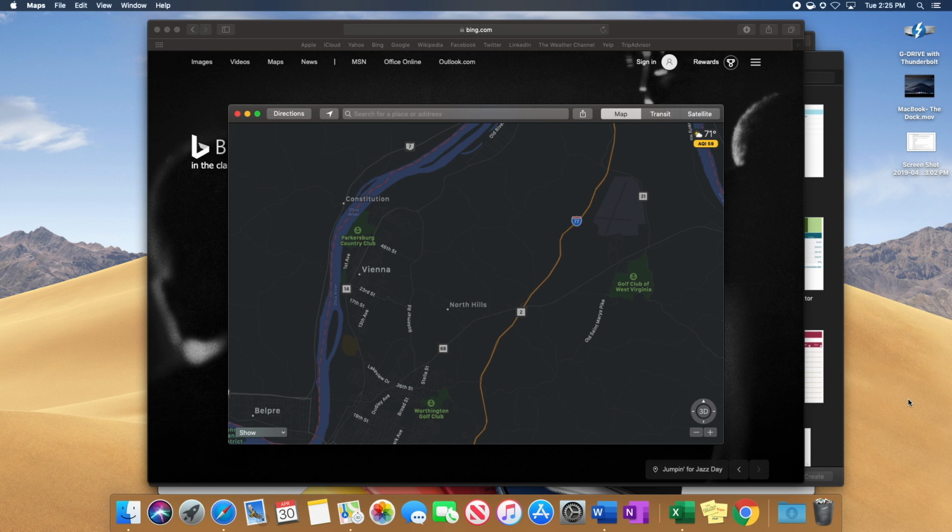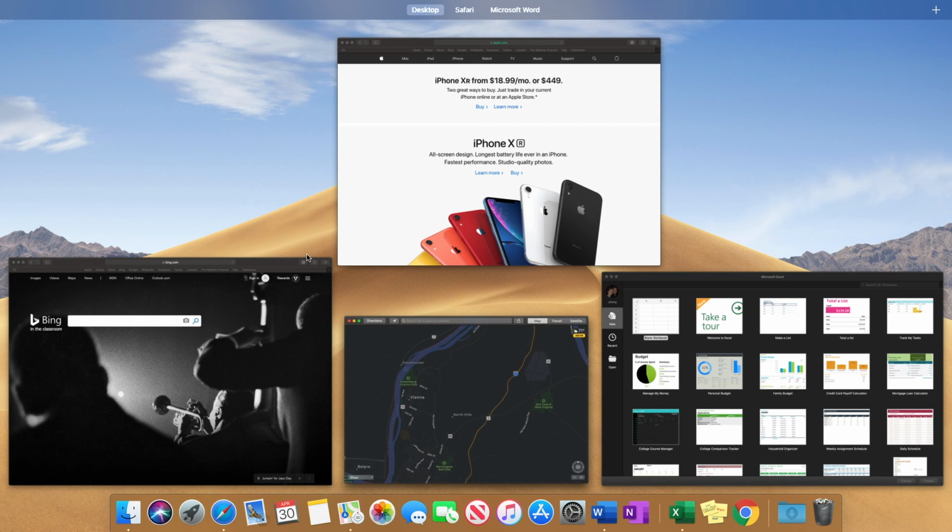about something called Mission Control on Apple computers. Mission Control, simply put, allows you to see all your open windows. So as you're working on more and more things and you have more and more things open, maybe like this, if you want to see them quickly and switch between items, Mission Control is something that lets you see